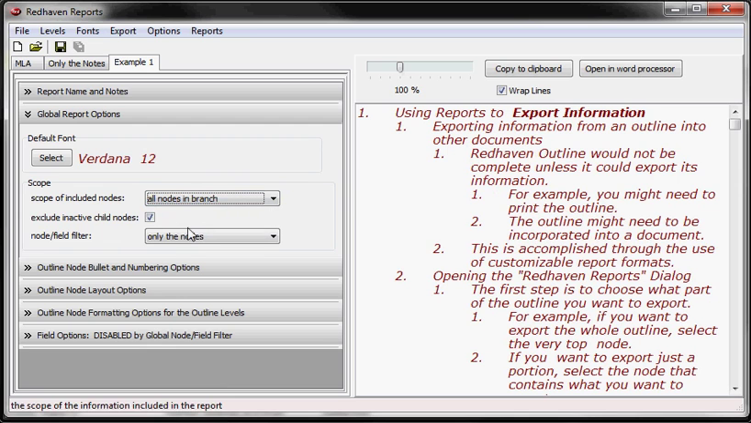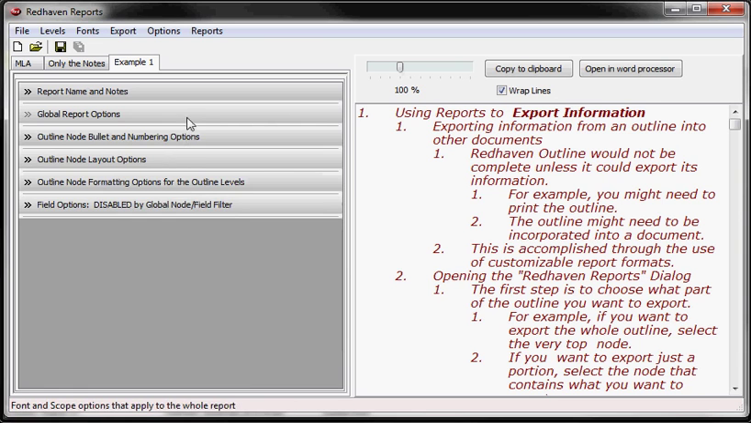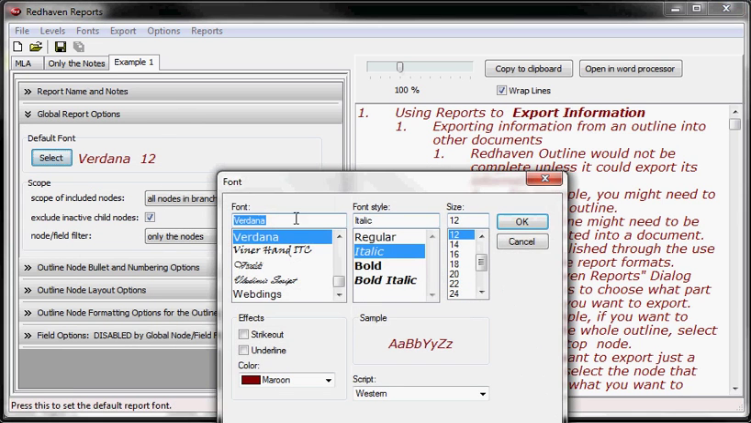This is all. Whether to exclude the inactive child nodes or not, usually you exclude them, and whether you export the nodes and or the fields. And here it's only the nodes. In this tutorial we'll be talking about how to format the nodes and not the fields. So let's go back to a more traditional